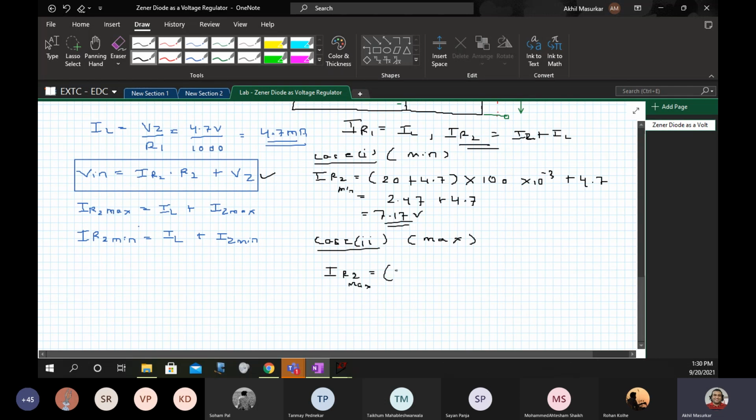So that will be 75 plus 4.7 milliamperes into 100, plus again Vz is 4.7. So this will be 7.97 plus 4.7. So that should be, I think, 12.67.